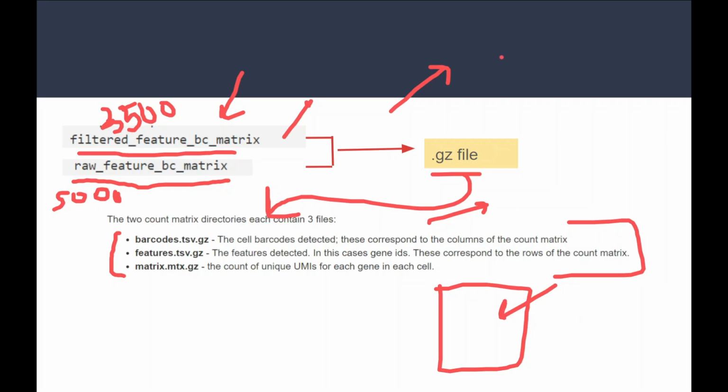So whenever you use NCBI or the single cell portal, you will find the count matrix file directly. When you download data from the 10x platform, you will encounter these two files, and when you unzip them, you get these three file formats, and you need to read these formats to convert them into a count matrix or 2D matrix file.